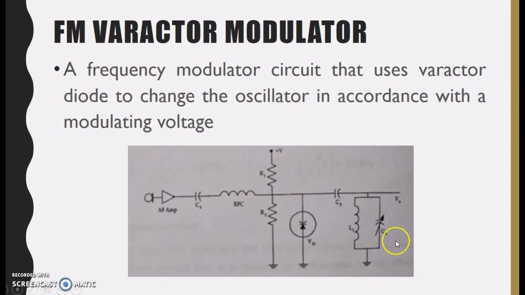The L1 and C1 here represent the tuned circuit of the carrier oscillator. Our diode, this one in the diagram, is connected in series with a capacitor